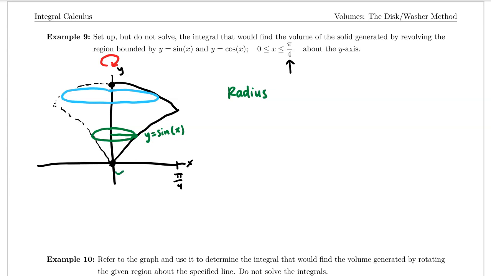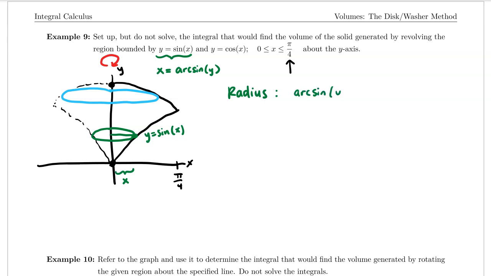It's the x value, but because we are integrating with respect to y, we need to solve our curve for x, and if we do that, we end up getting x equals arcsine of y. So our radius for the green disk is